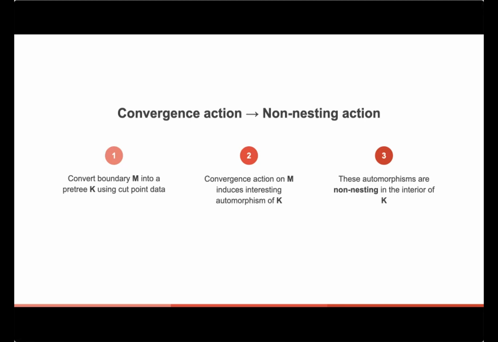And non-nesting essentially means that no interval is properly mapped inside itself. So there is a concept of interval in a pre-tree. You can define it, and if you understand intuitively what it is, then non-nesting means that that interval is not properly mapped inside itself. So we use the non-nesting property of the pre-trees quite